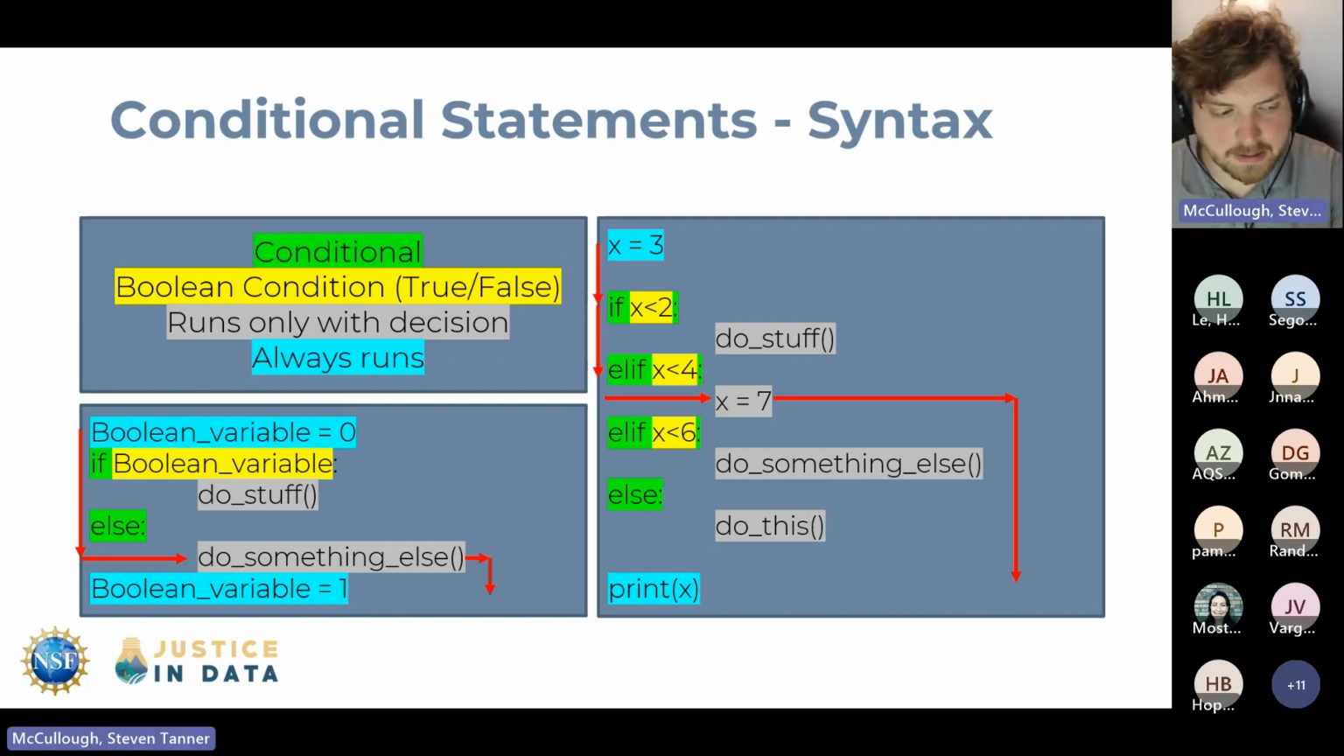When I talk about indentation, code that is below an if statement has to be indented until it is done. And between an if and an else statement, you can't have anything that's not indented. So